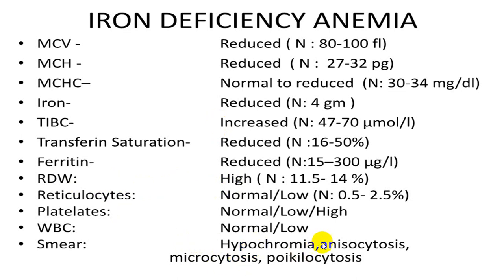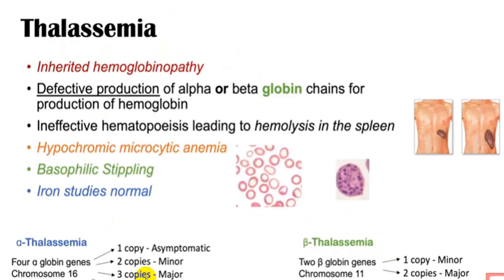And in a good number of conditions, you might get anisocytosis and poikilocytosis. So this becomes very useful when you get a CBC and iron level studies. It helps you to differentiate, and iron deficiency anemia is the most common cause of microcytic hypochromic anemia. We say that more than 60-70% of people with microcytic hypochromic anemia will have iron deficiency anemia, and in India it is the most common cause.